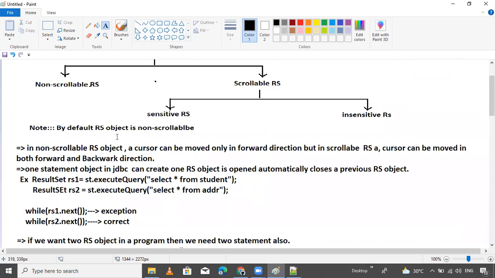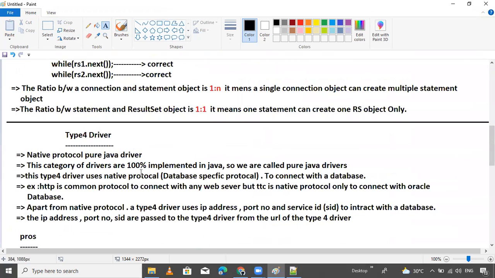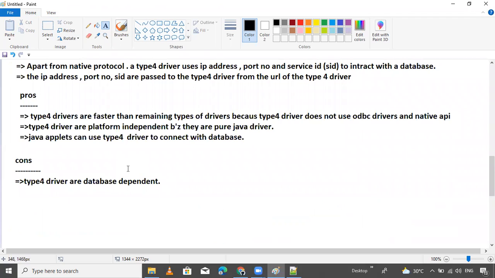Okay. This is about result set. And this is the type 4 driver and all these things. Now I want to tell you what thin means. Thin driver and also thin and OCI, all these things I will tell you in the next session, next videos, where I will resolve the database problem also. Then you will get it and all these things will be clear. Okay. Thank you.